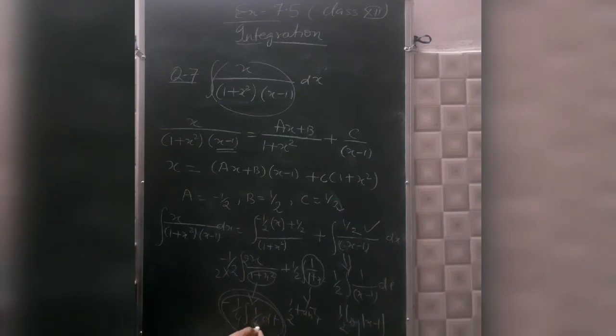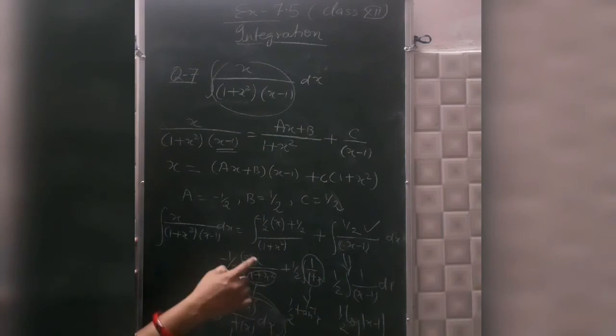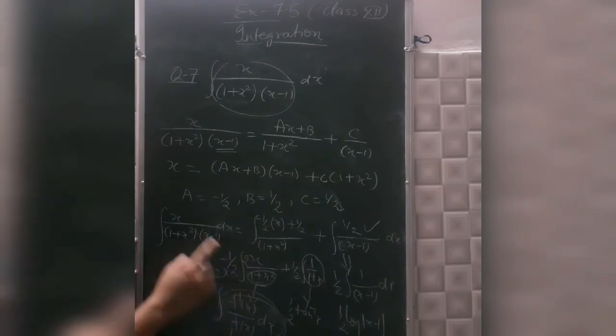In the last step, in place of t again put the value of t, which is equals to 1 plus x square. Or otherwise you can directly use this: if in the numerator is the derivative of a function, and in the denominator is the function f(x), then directly you can use the formula of integration, which is equals to log of f(x). So x was given here, so to make it the derivative of the denominator you can multiply and divide by 2. So in this way you can find the integration of this.